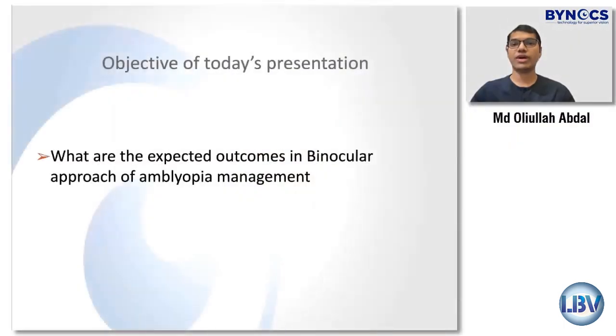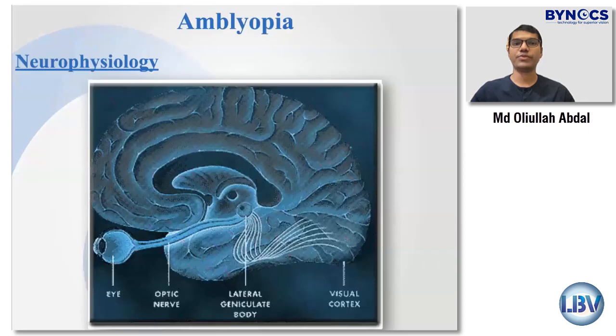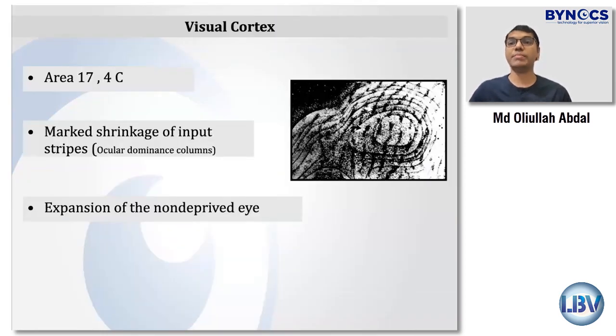Session. So we will first try to understand what actually happens in the visual pathway, or what the amblyogenic factors are that affect the visual pathway in an amblyopia patient, and what outcome to expect with newer technologies like the binocular vision approach. The eye that gets a better stimulus starts getting better and better inputs into the visual cortex, and the expansion of that visual cortical area happens,